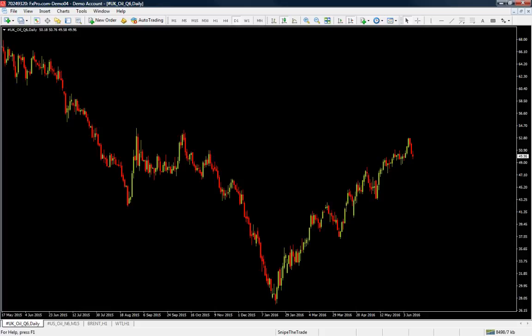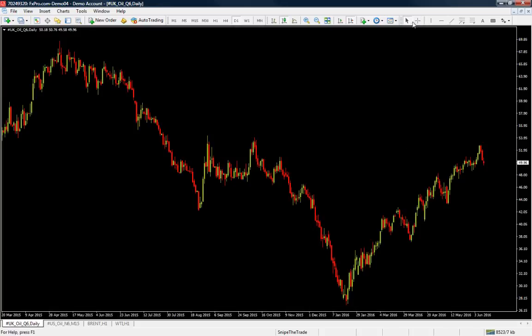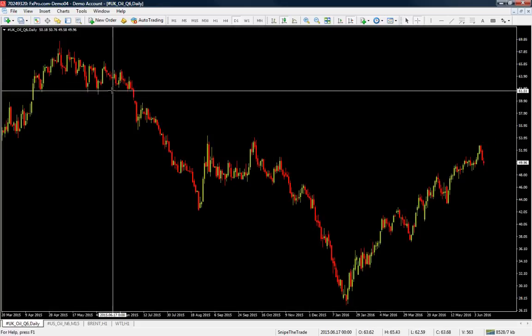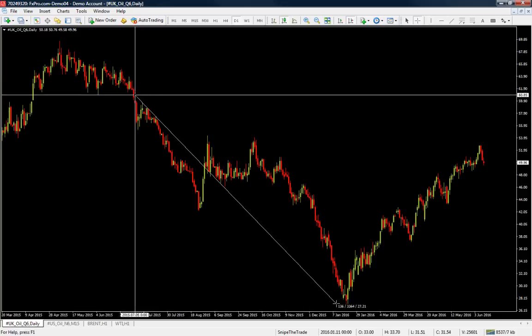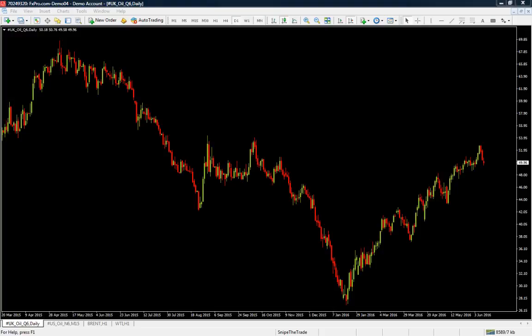But in any case, crude is a great earner because it trends so well. Just look at these moves, okay? We are talking about a move from the break of this kind of a range to the lows. We're talking about $33, okay? And $33 is actually 3,300 ticks, and if you're trading one lot,